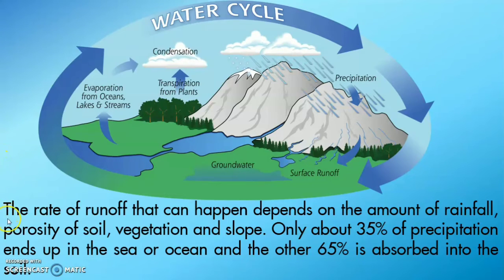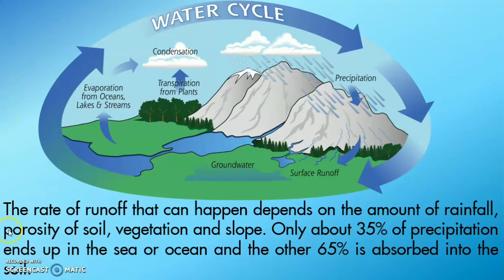If the slope is steep, then the rate of runoff is more. If the soil is less porous, then the rate of runoff is more. And if the vegetation cover is more, then the rate of runoff is less. So children, the factors which affect the rate of runoff are the amount of rainfall, porosity of soil, vegetation and